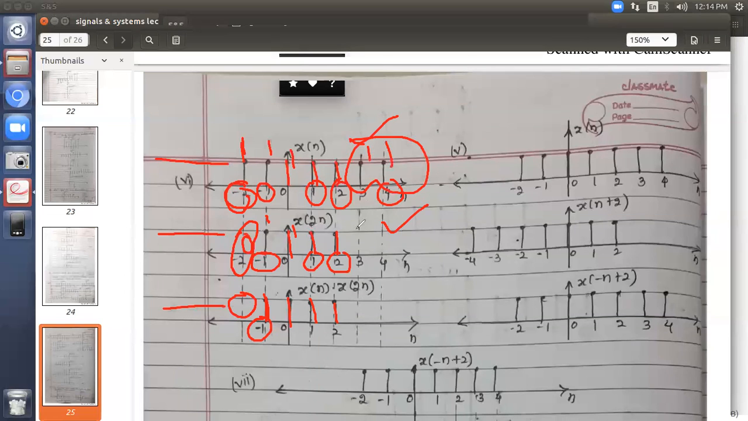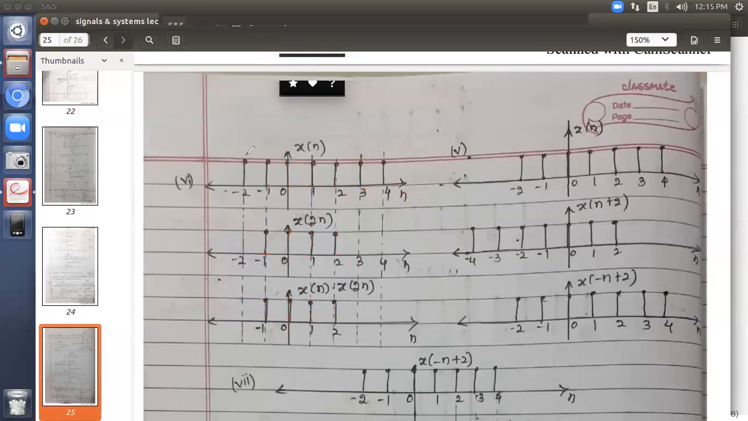After this, at 3 and 4 there are still 2 amplitudes, but x of 2n has no value here. So 0 multiplied by these 1, 1. Here also 0, here also 0. 0 into 1, 0 into 1. So no value here, it is 0. So if you observe here, in between these two, okay,